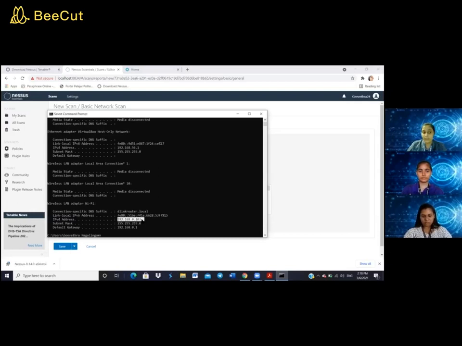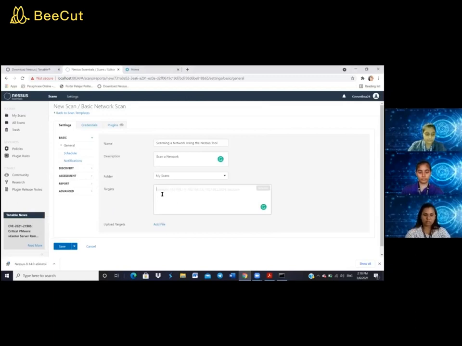My IPv4 address is 192.168.0.103. So I copy my IP address and paste it here. As you can see, I've entered my IP address in the target section. I enter my IP address because I'm going to scan my personal host to know what is available using a basic network scan with the Nessus tool.